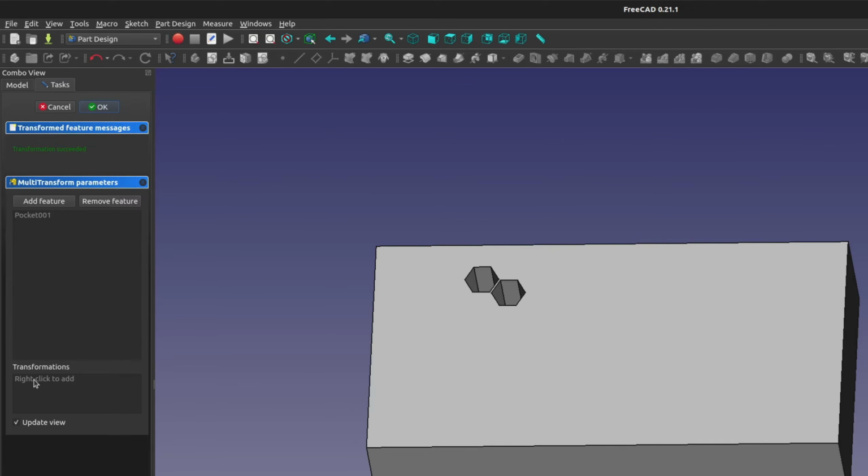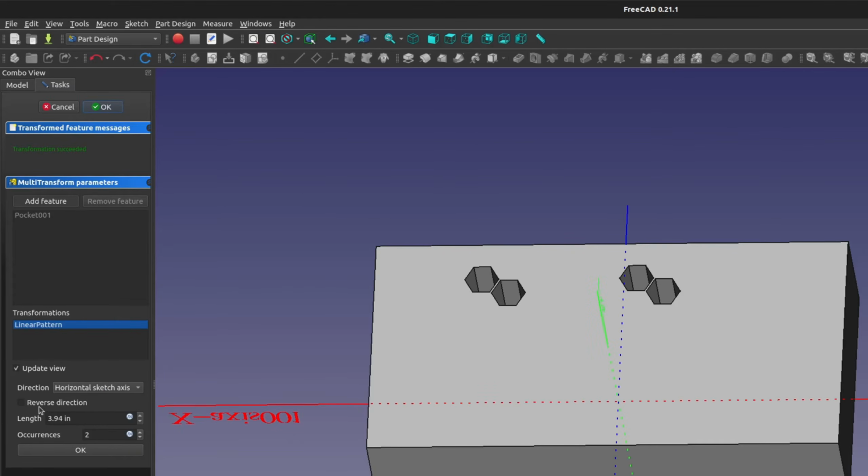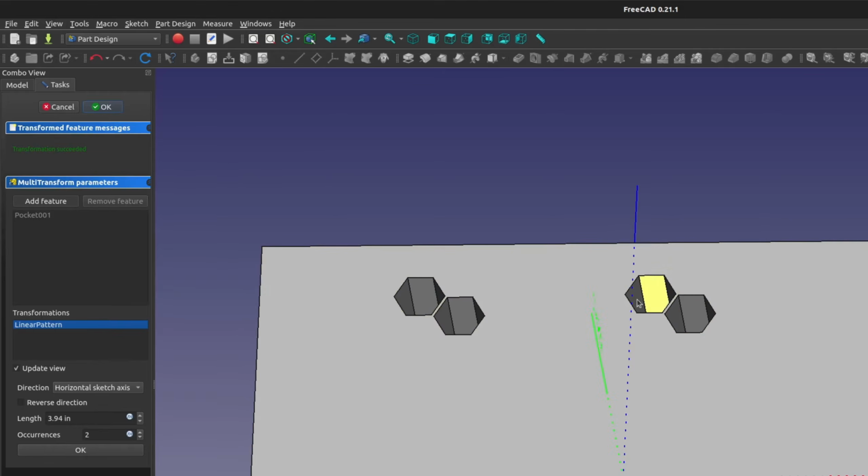And I'm going to pattern the pocket by saying, not add feature, but rather right click and add linear pattern. There we go. You can tell I'm patterning the pocket, or extrude cut as I like to call it. And we're going to say horizontal sketch axis is fine, but I want to go with a length of 1.38564. You don't really have to use all the significant figures there,